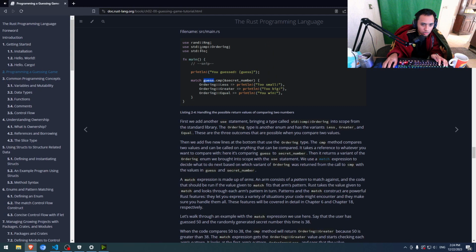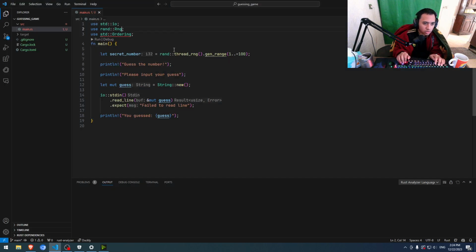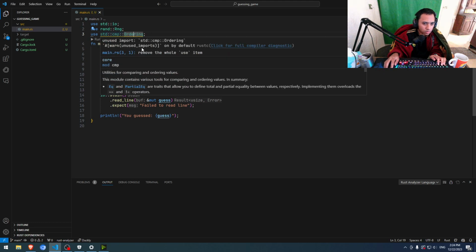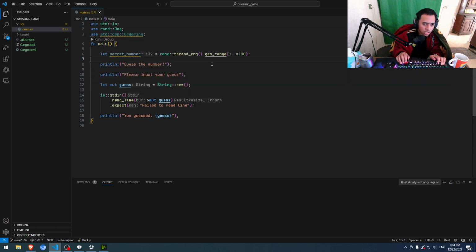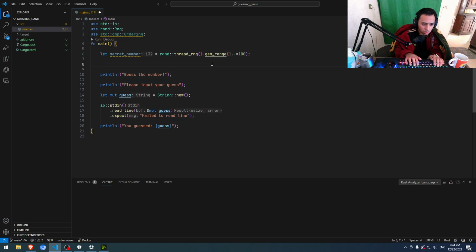Oh, cmp, sorry. So this is going to say unused import by default. Okay, so we have a secret number. Let's print this here. So I'll print a new line and say here the secret number